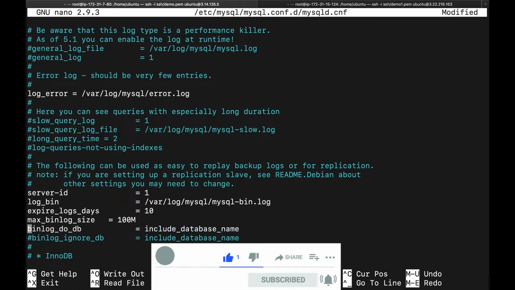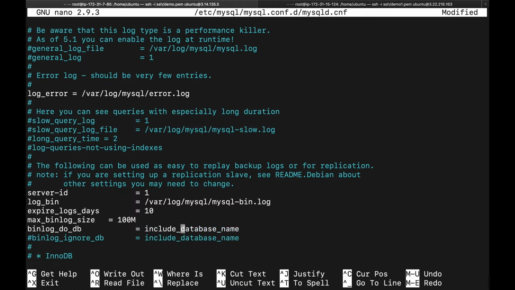We have not created the database now, but we can place your database name. After this configuration you can create the database. Otherwise you can use your existing database name. Here I am putting demo, so I will create the demo database.